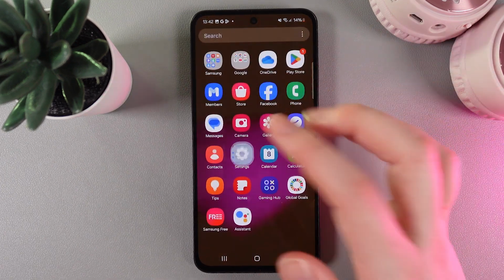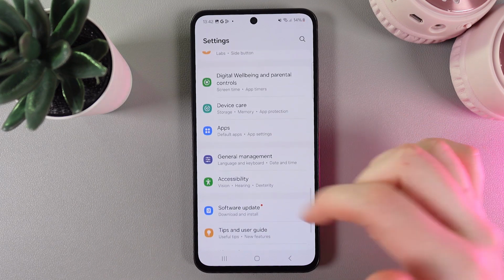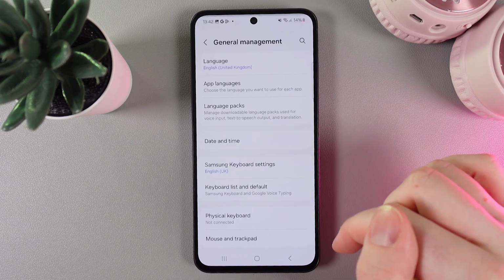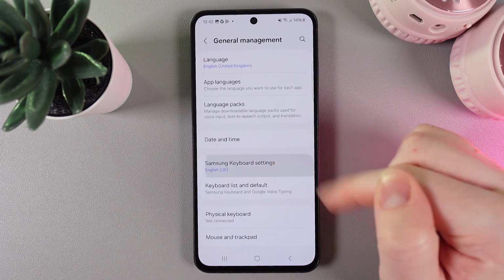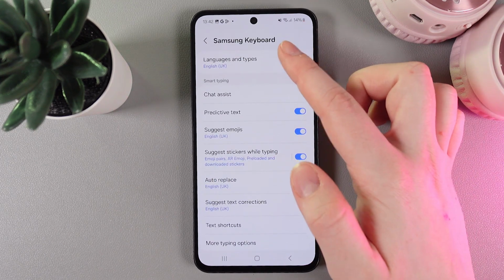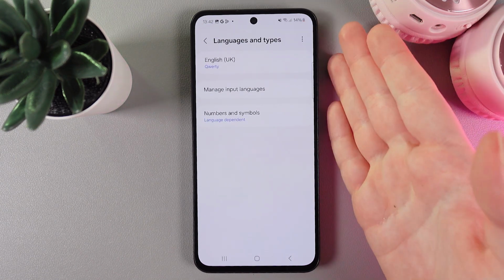So, as a first step, we would need to open settings on our phone and then scroll down until you'll find this tab which is named General Management. Click on it and here go to this tab which is named Samsung Keyboard Settings. Click on it, here open Languages and Types, and as you can see currently I have only one language and